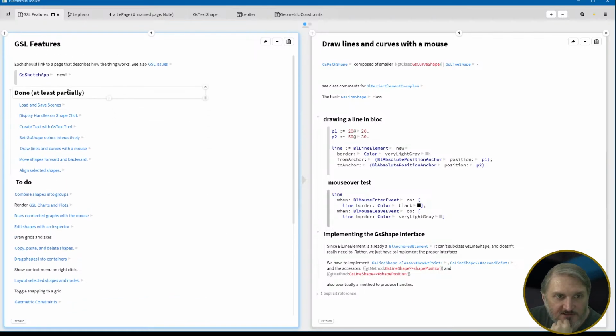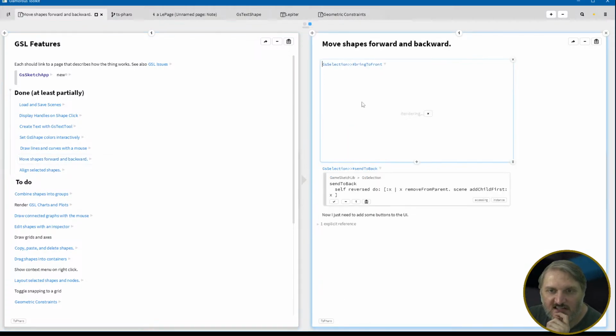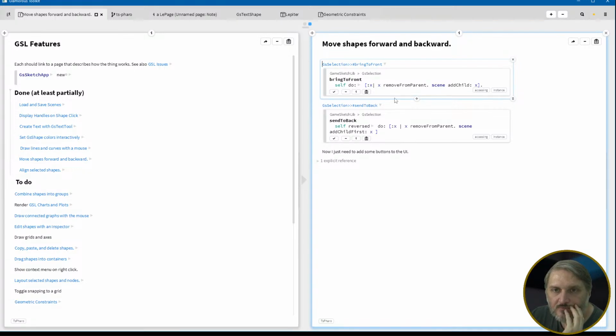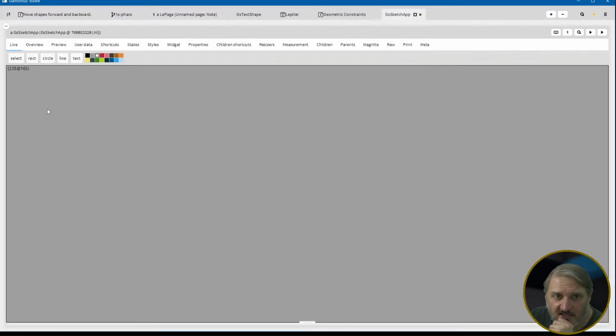Okay. All right, so what was on my list? Combine shapes into, oh, I'm still going down here. Draw on curves, you can do that, move shapes forward and backwards. So this is not actually implemented, but, oh right, it is implemented, but it's not implemented in the UI. So you have to run these commands. And I need to get a way to, once you create one of these, to be able to add it to the list of things you can do with a selection. I'm kind of picturing a situation where you've got a left-hand side, very much like Godot. You have a left-hand side tree of what's in your scene, and it would show, like, a circle, show little tiny previews of, kind of like,